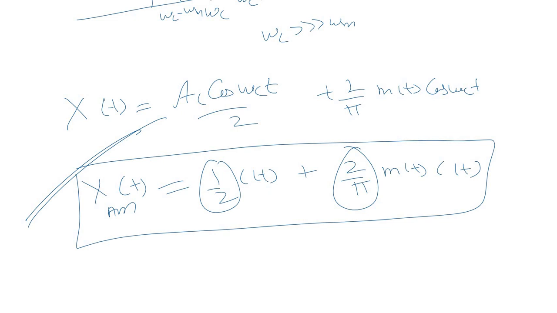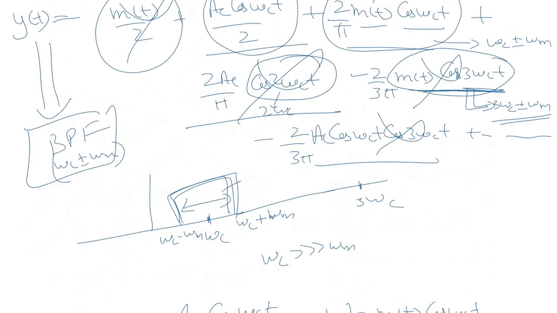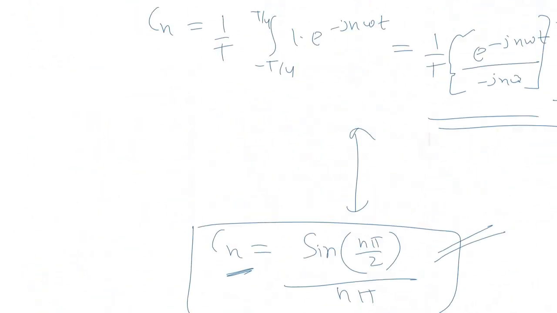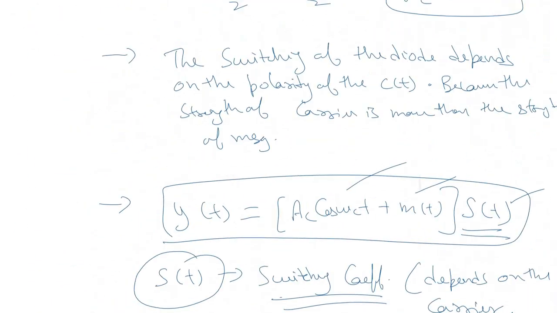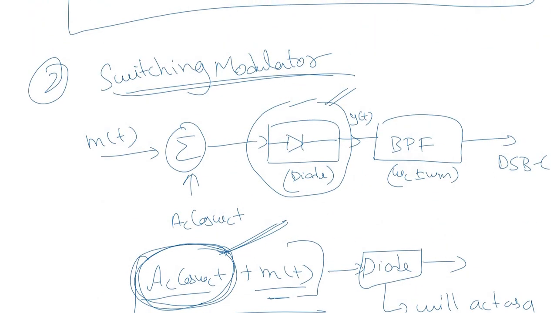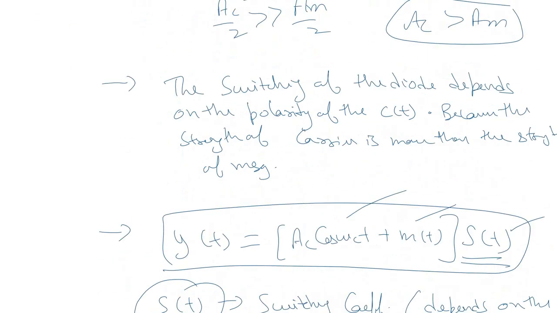The advantage of using a switching modulator is that the hardware implementation is much simpler and cheaper, because the number of discrete elements and other elements required is much less. Instead of a square law device, we need to only put up a diode here, which is a very cheap element, right? So this is how we can generate the conventional amplitude modulated signal or the double sideband with carrier type of signal. That is all in this lecture.